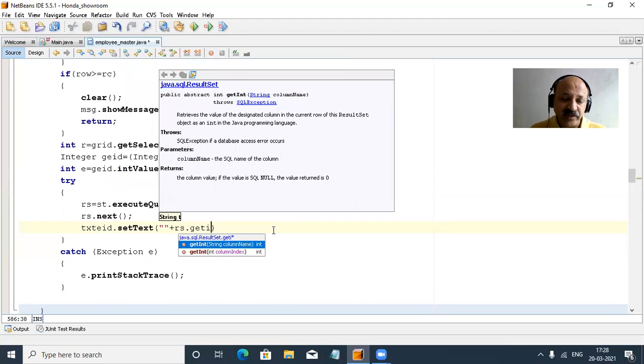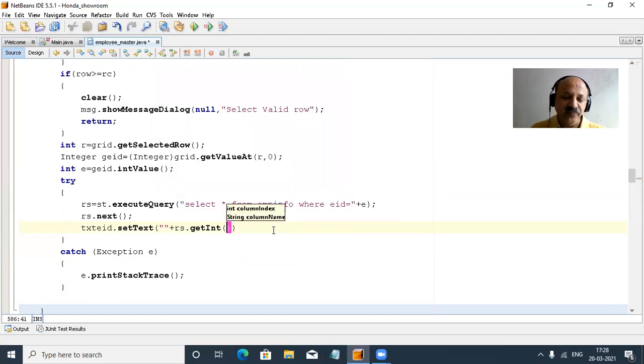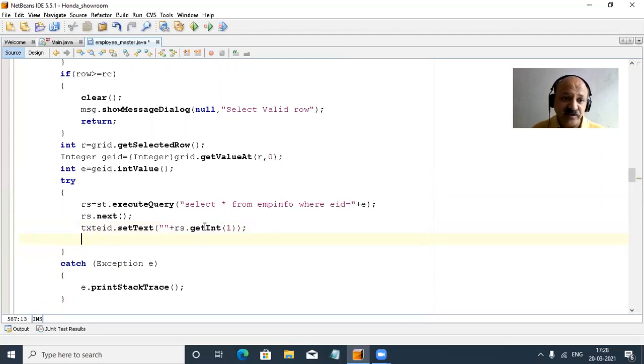First is employee ID, and there are two overloaded versions, so you can pass the column name or column index. Here the column index is 1, and it is an integer, but we can setText with a double quote blank and then plus, so that converts integer to string. So there is no type casting required.